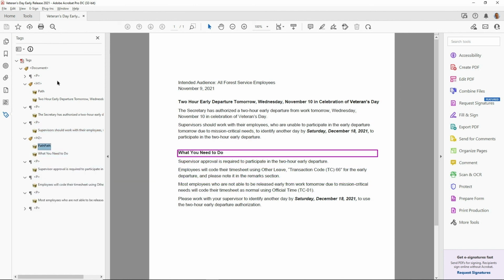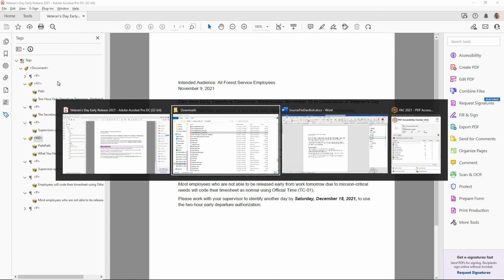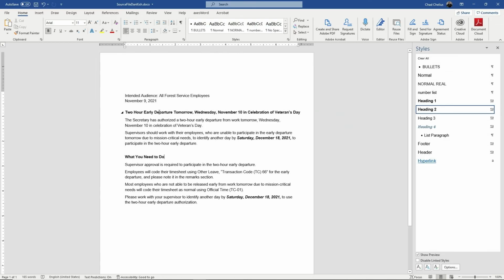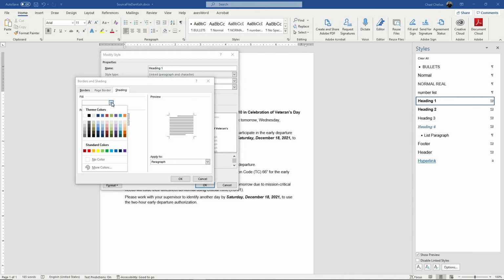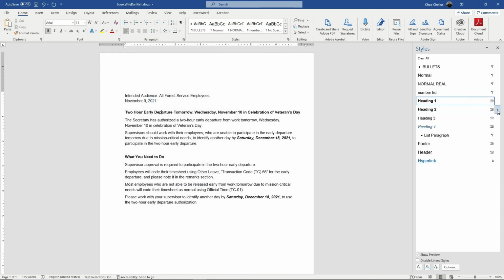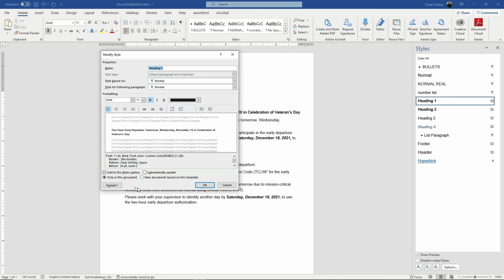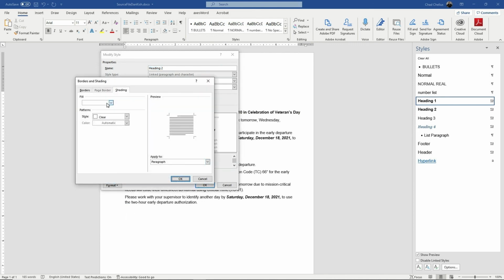It looks like on the headings, let's go ahead and go back to that Word document a second. Is that a different, so that is using a different style. I didn't realize that at the time. Actually, it's using two different ones, heading 1 and heading 2. And my guess is that in both of those, for whatever reason, we can see that they both have a white shading applied. So if I were to modify both of those,